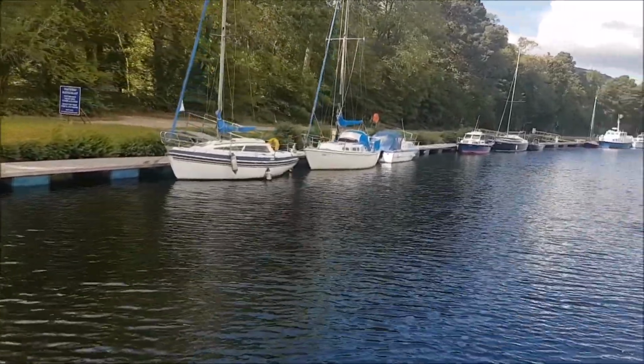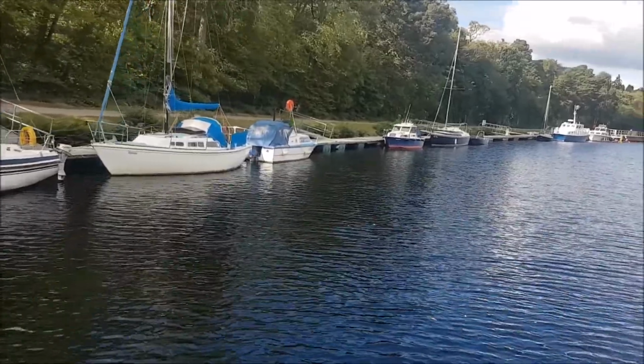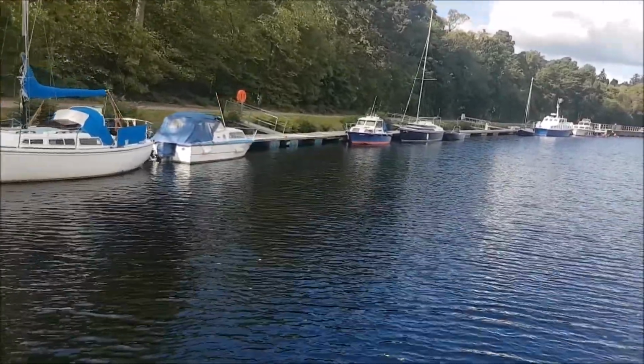At the bottom of the creek right here is one of the lighthouses, and we call it the entrance staircase. The most famous locks in Britain, eight locks in the most